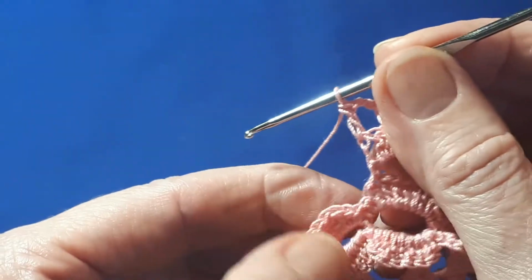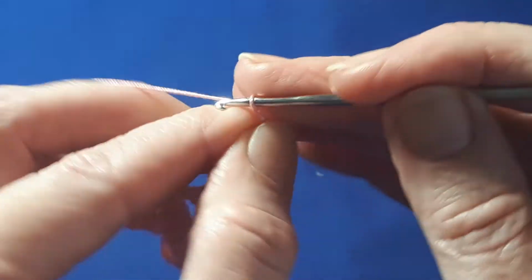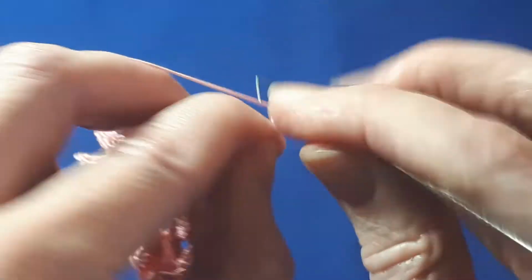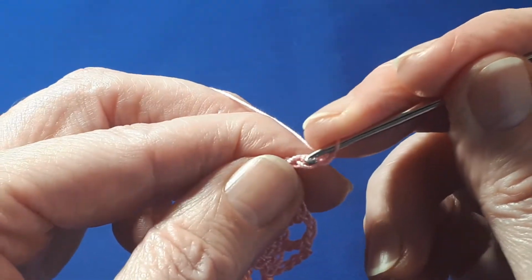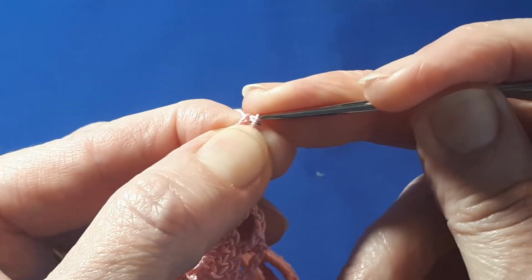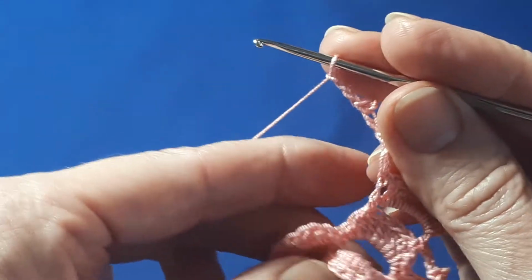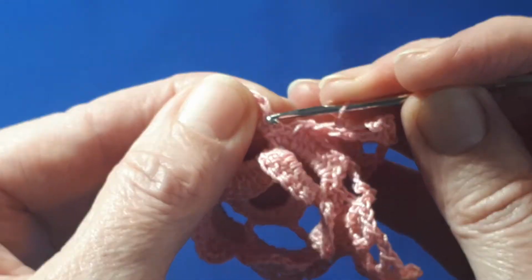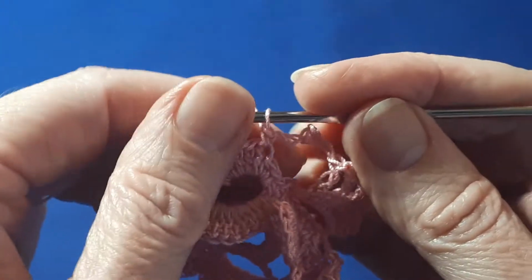Now to connect the petals, you do another picot. So you chain 4, 1, 2, 3, 4. And if you'd like to just see how you can go either way really, or you can simply just complete your chain and go straight in like so and do a single crochet and then chain 3, 1, 2, 3, and then in the first double crochet, just miss your single and the half double in the first double crochet of the next petal, do a single crochet, and you're ready now to do your next